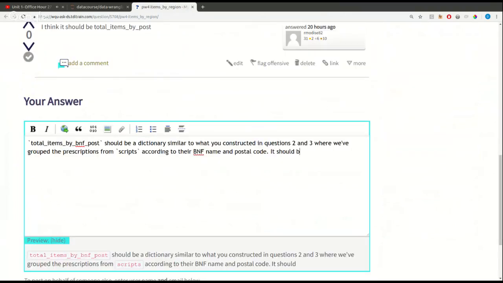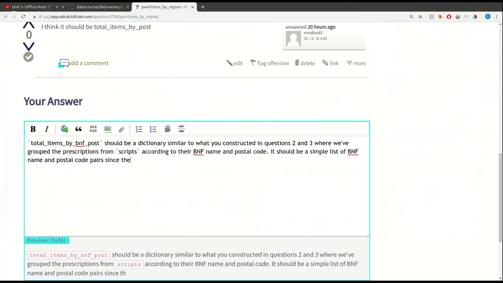It should not be a simple list of BNF name and postal code pairs, since there is no way to then subsequently